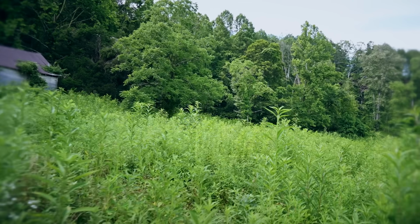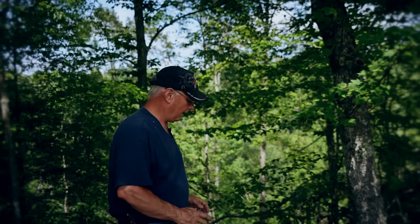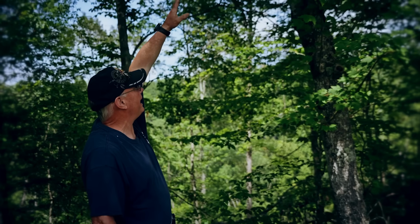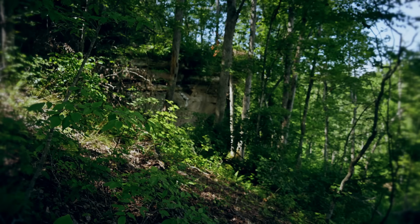So right here, there was one of the first things that I noticed that was very, very odd, that got us in contact with the BFRO here, the Kentucky BFRO. There was a pine tree that was located just almost where I was standing right here. It was about 8 to 10 inches in the main trunk stem. It come up at roughly about 8 feet, and it was snapped off and was laying about 30 feet that way, the top still connected. But right here in the middle of nowhere,